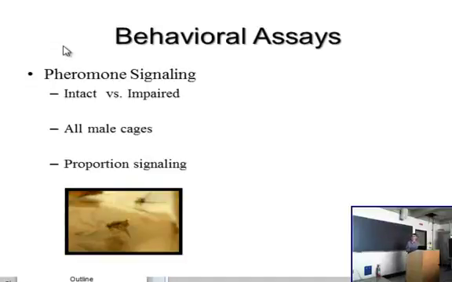This might be a little low for everyone to see, but what the male will do is flex its abdomen, and in doing that, it extrudes this little pheromone bubble. And in doing that, it attracts females. So the more often it does that, the more reproductive effort is demonstrated. So what I did is I kept these males with only males. There was no copulation going on. And then I would report the proportion of male signaling every hour, beginning at 8 a.m. and ending at 3 p.m., which is kind of their period of activity.